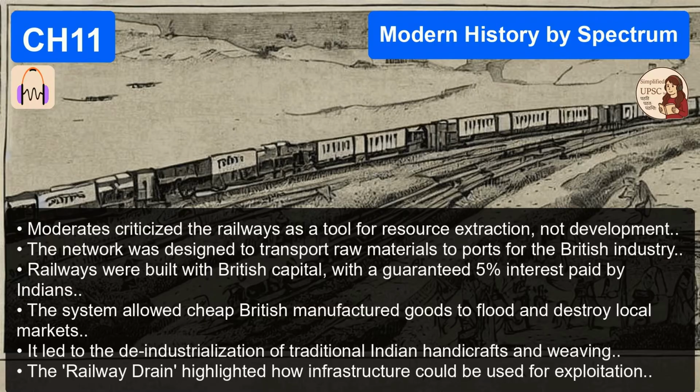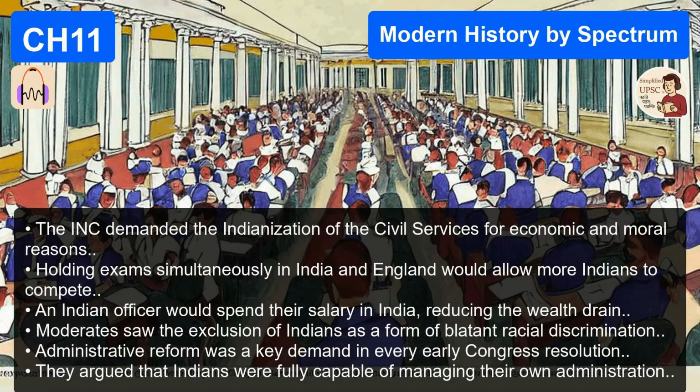Why did they exclude the vast majority of the country? Was it just elitism? Partly elitism, yes. But they also genuinely believed that the Indian masses were too uneducated, too steeped in tradition, and too divided by caste and religion to participate in modern democratic politics. They felt the masses were unready. So they thought they had to act as trustees for the poor? Yes. They believed the nation had to be carefully welded together from the top down before the masses could be brought in. But the result of that exclusion meant they had absolutely no political muscle.